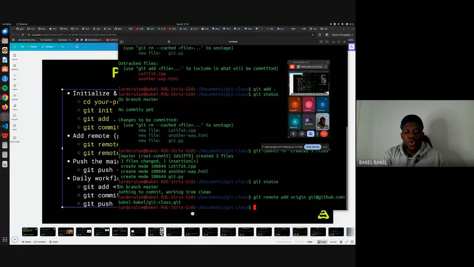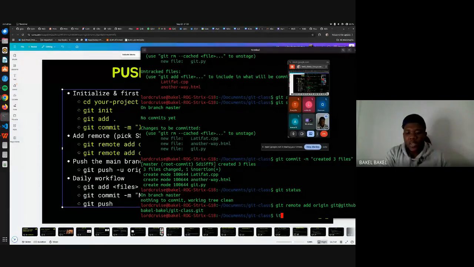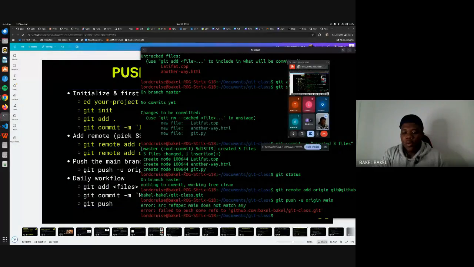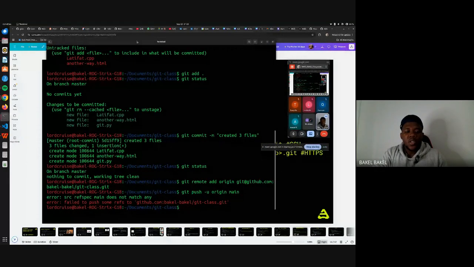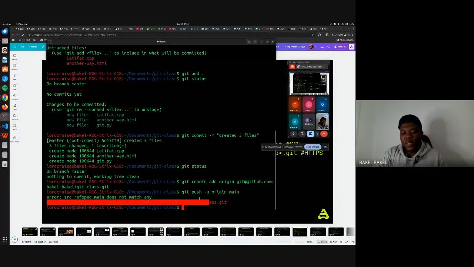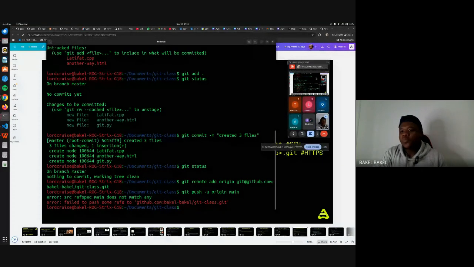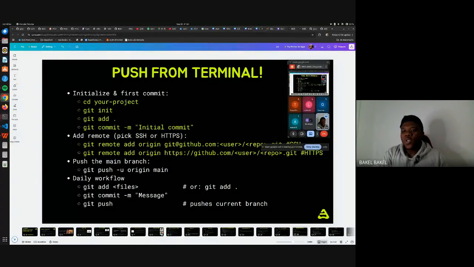Now the next thing is to push to it. I can say git push. Don't worry, it's not as if everything was syncing right now on the spot, but I will go over it because some people are a bit lost. All right, it failed to push because it didn't find any git class, any folder like this, any website like this. So we're going to come to GitHub first,